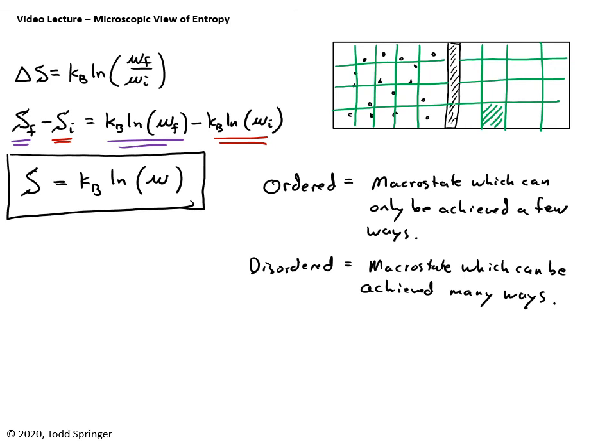That's an irreversible process. And the reason you've never seen that is because there's very few ways that the socks can be ordered in the drawer. Right? There's very few ways that you can order them perfectly in the drawer. There's many ways you could order them like anywhere in the room. So when you throw the socks up, because it's much more likely for them to be spread out everywhere in the room, that's a state with a high multiplicity, and it's a state with a high entropy. So that's the connection between order and disorder. So hopefully you know what it means for something to be ordered or disordered now. Something which is disordered has a large multiplicity. There's a large number of microstates which lead to the same macrostate.